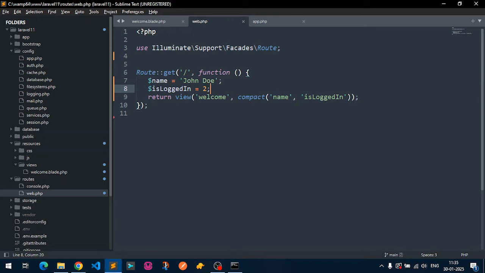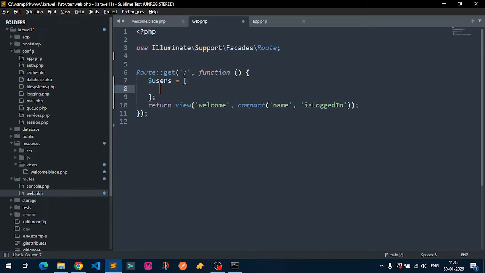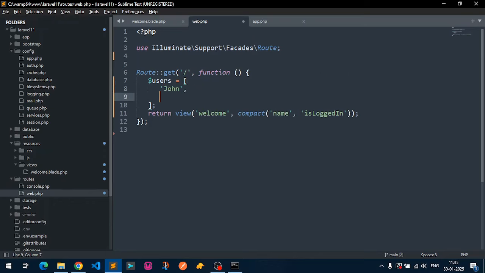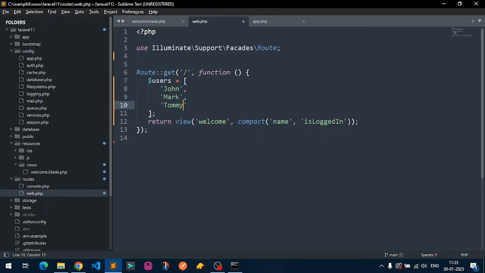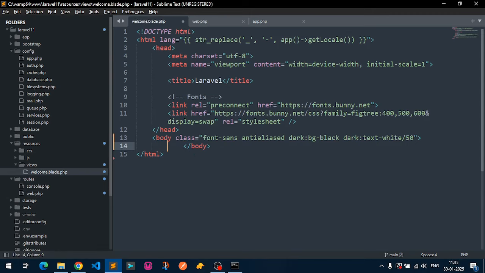Okay, so now we will check about the loops, how we can use loops in Blade templates. It's very easy. For that we first need an array. So let's create an array of users. We can write some dummy names, John, Mark, Tommy. Okay, I think that is fine for now, and we will pass this array in the compact. We don't need other data. I'll also remove this data here, and